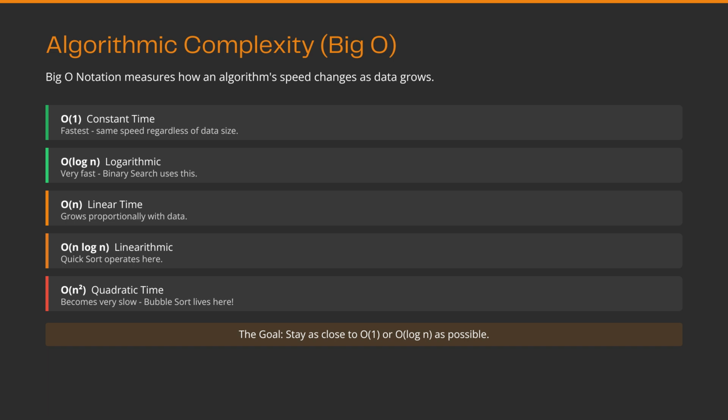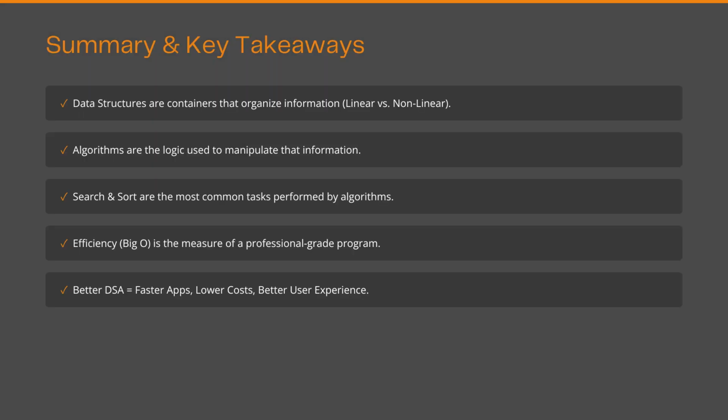Let's bring everything we've learned together. We've traveled from the very basics of lockers and scavenger hunts to the complex world of algorithmic complexity. The big takeaway is this: data structures and algorithms are inseparable. You can't have an efficient search if your data is a mess, and you can't build a massive social network without understanding graphs and trees. As professionals, your job is to be an architect of information. Every time you use an app that feels smooth and fast, it's because an engineer chose the right data structure and a clever algorithm. This is the difference between a beginner who just scripts and a professional who